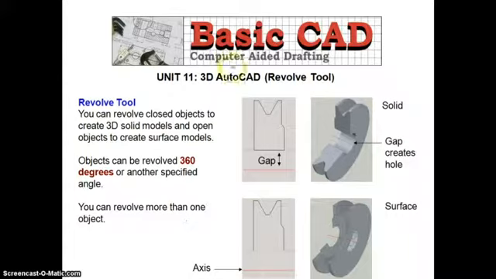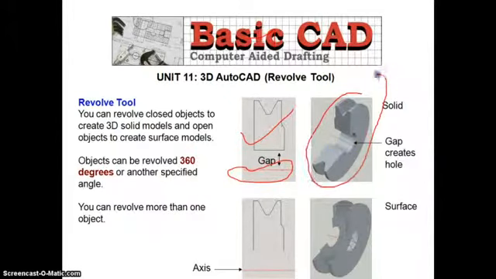For a revolve, we need a 2D profile and an axis. So this is the axis and this is the 2D profile. This way, we can generate this solid object. In the same way, we can also generate a surface. The revolve command can be used to generate solids as well as surfaces.